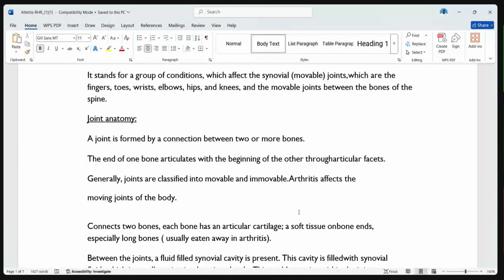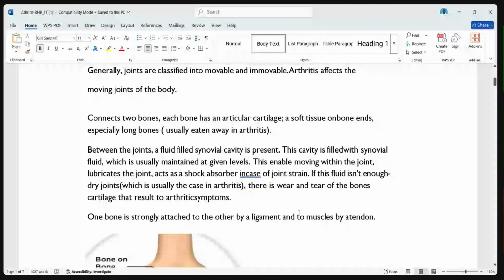But arthritis generally affects only the moving joints, save for osteoarthritis, which can also affect other joints. Between the joints, there is a fluid-filled synovial cavity containing synovial fluid. This cavity is filled with this fluid, and this is what brings about movement and generally maintains